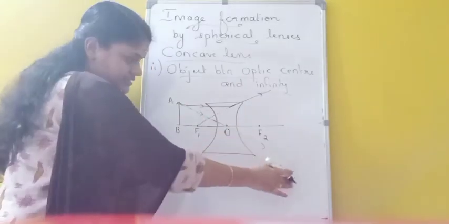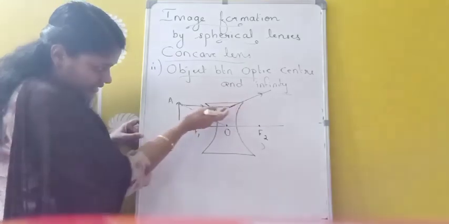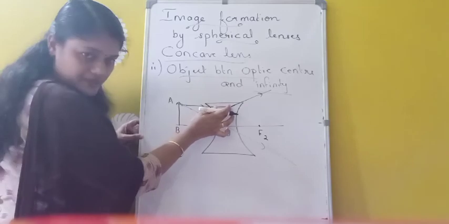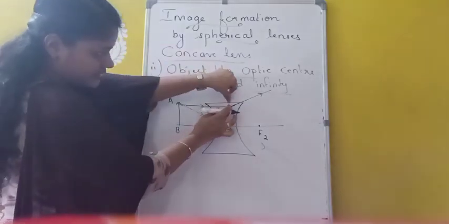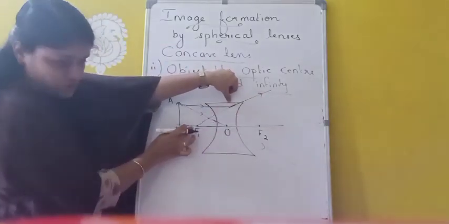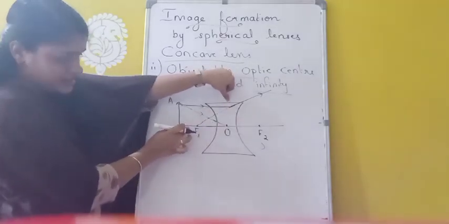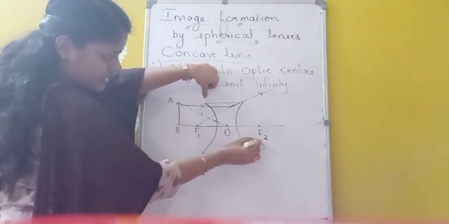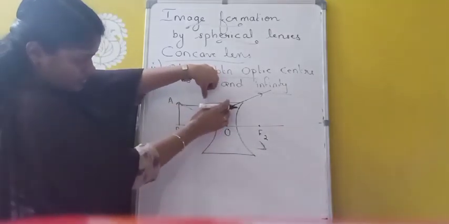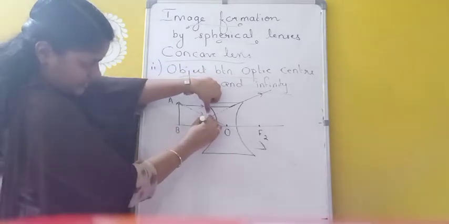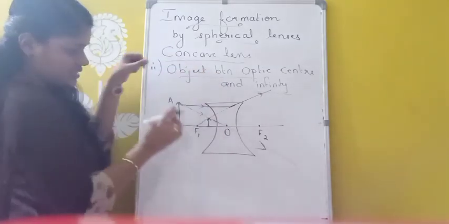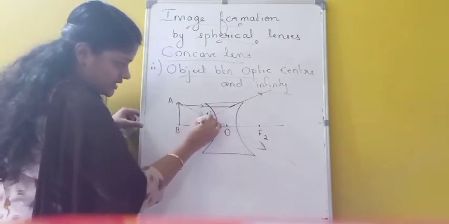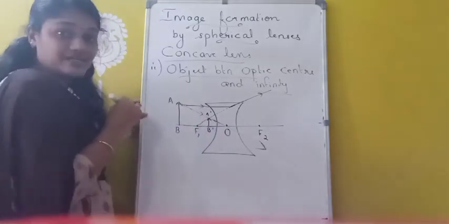It is going straight like this, and we can see that both the light rays are meeting at a point here. So first one is a light ray passing parallel to the principal axis. After refraction, it may be diverging, but appears to diverge from focus. So I have extended this line here. And similarly, second line is a light ray passing through optic center will not undergo any deviation, and both these light rays are meeting at a point here. So we are getting the image between focus and optic center. Okay. So it is a very small image, A dash, B dash. So it is a diminished image.